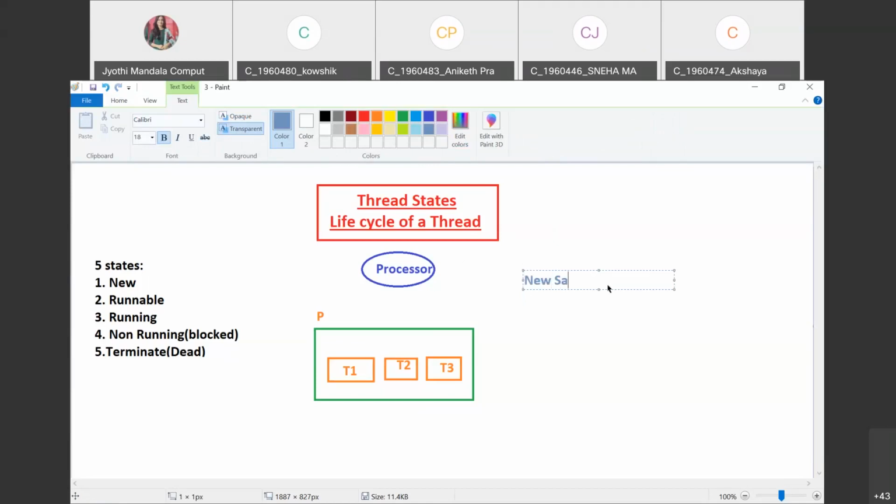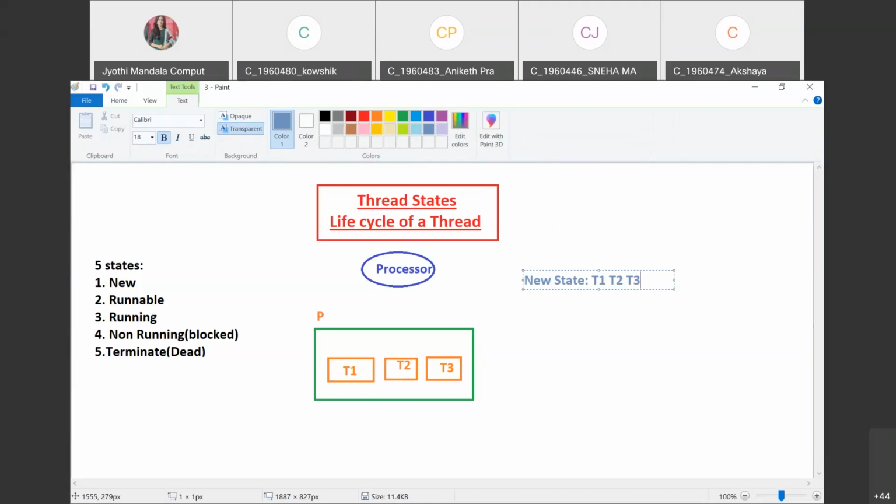New state is nothing but whenever you create 3 threads, they are in a state called the new state. That is our first state. We have T1, T2, T3 in the new state. T1, T2, T3 are in a new state.